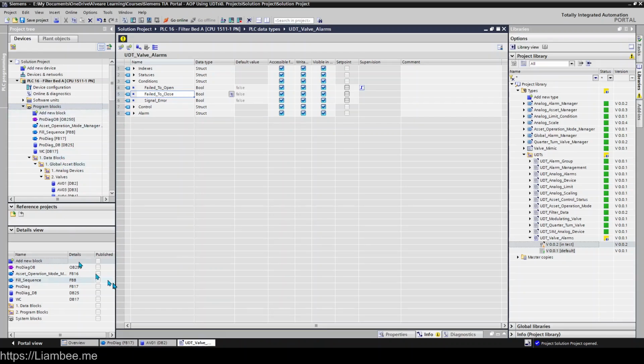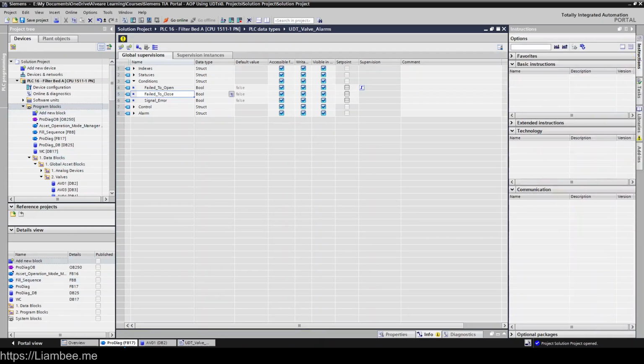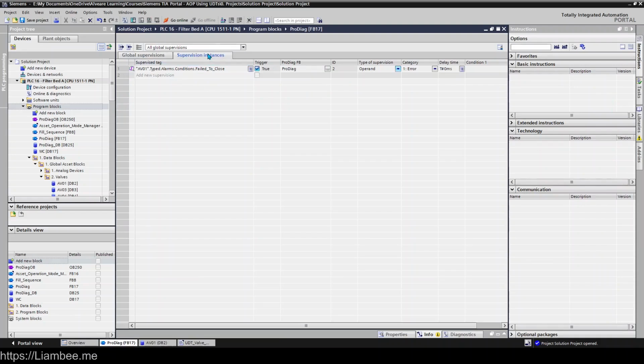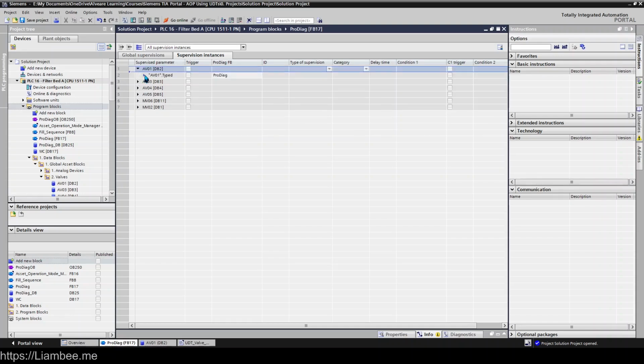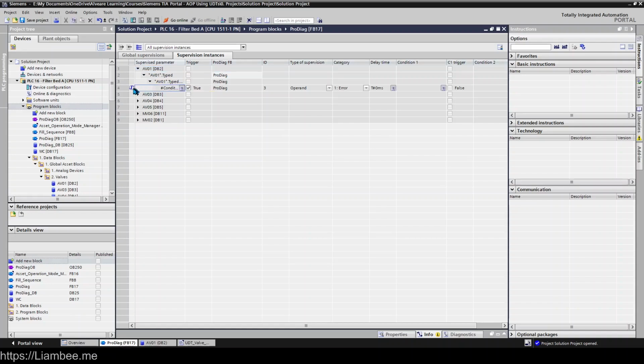But if I go and have a look at the ProDiag block now, and we look at supervision instances, you can now see that it's created one for every valve. So AV01, AV01 typed, AV01 typed alarms, and here condition failed to open. And if you look at the specific text,